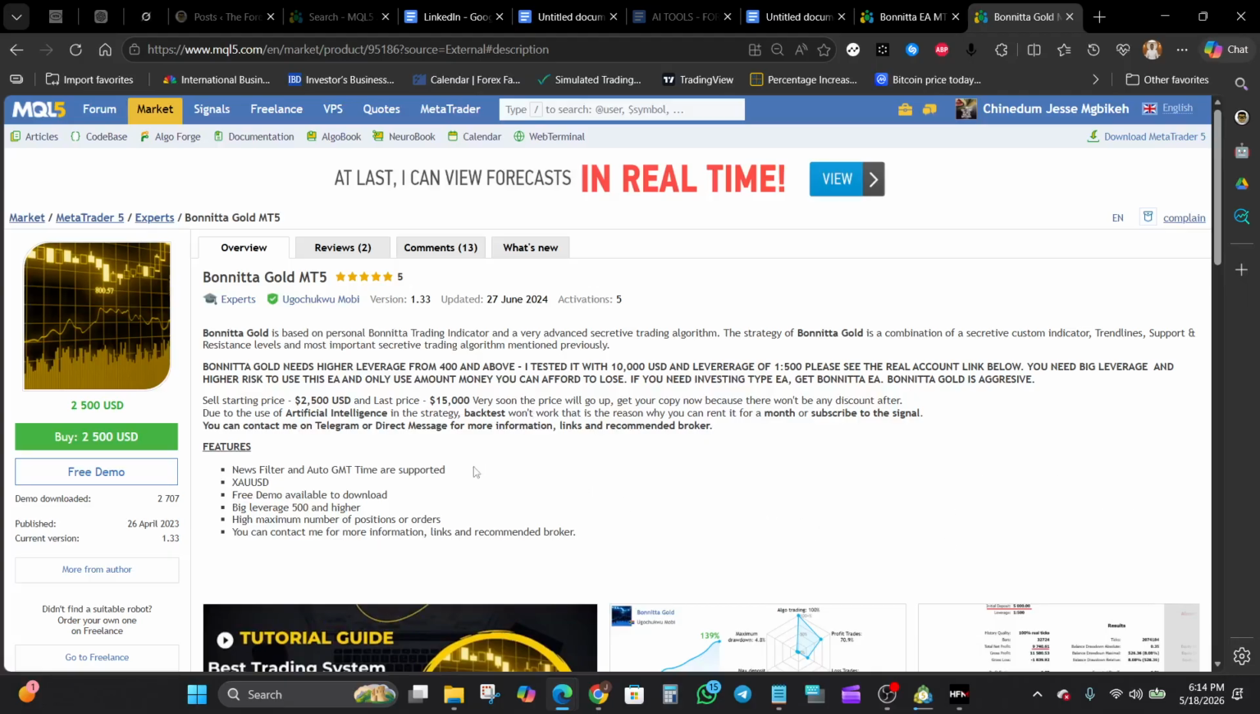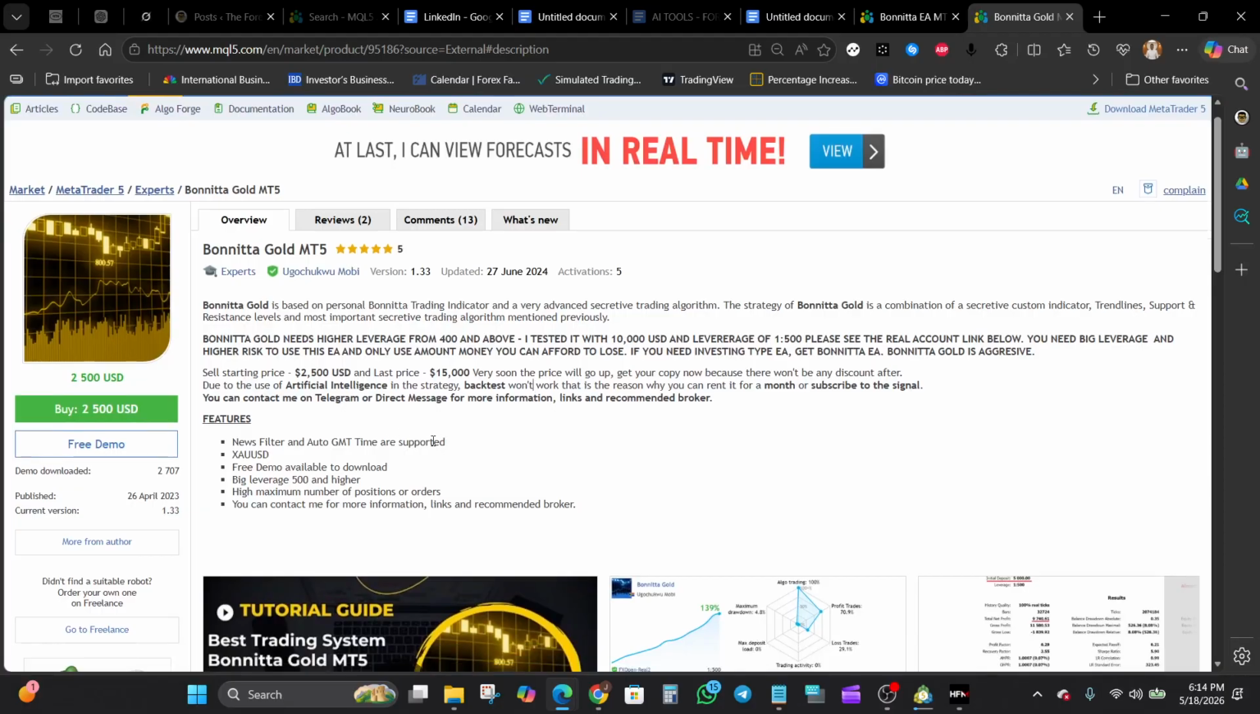As I continue scrolling through the feature section, we can see that the EA supports a news filter, together with automatic GMT adjustment functionality. The recommended trading symbol here is clearly XAUUSD, so this is very specifically focused on gold trading rather than a multi-pair setup. The page also mentions support for a high maximum number of positions or orders, which suggests the EA may actively manage multiple entries during certain market conditions, although the exact internal strategy logic is not fully disclosed on